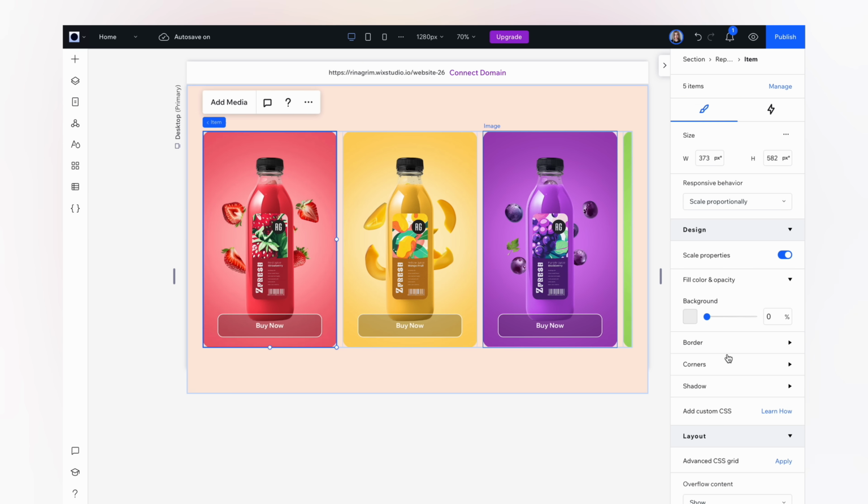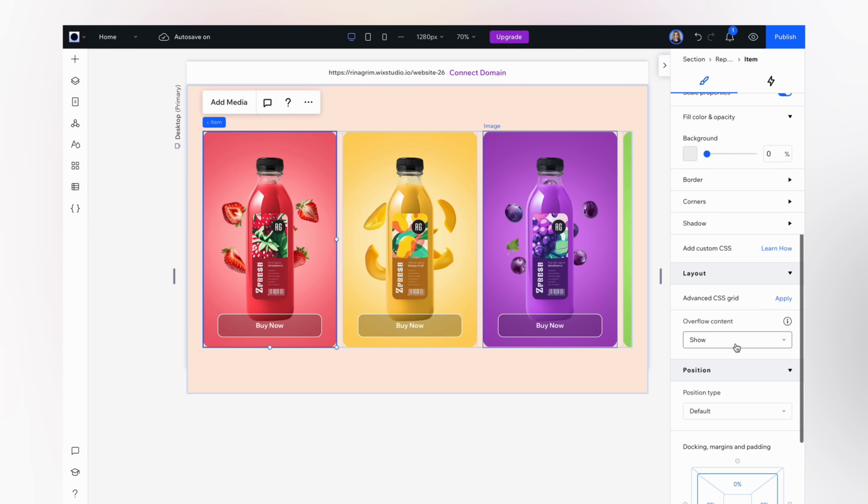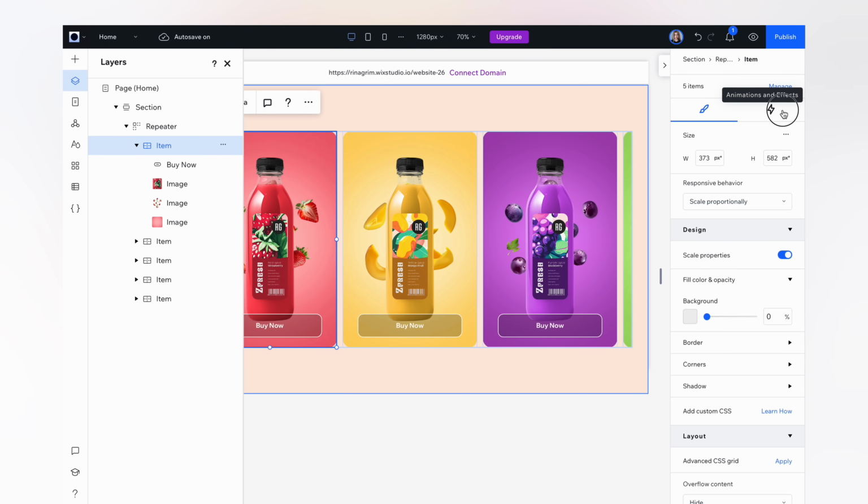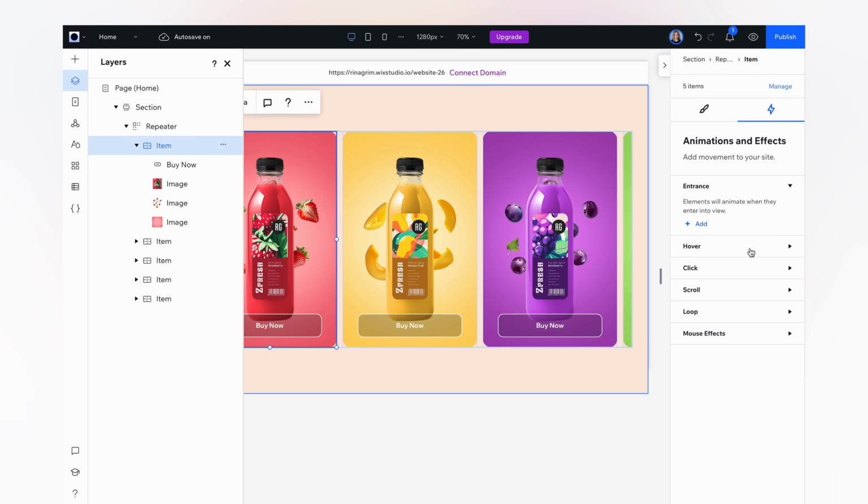Click on one of the items, scroll down and change Show to Hide here, so our elements stay inside the item when animated. When our design is ready, it's time to move on to our animation. Go to Layers, click on Item, go to Animation and Effects, click Hover,